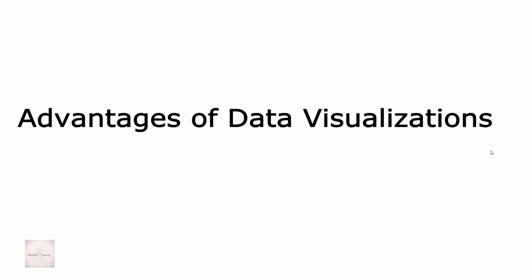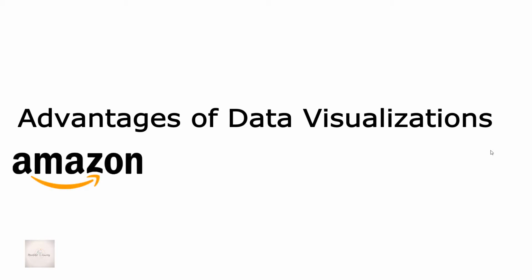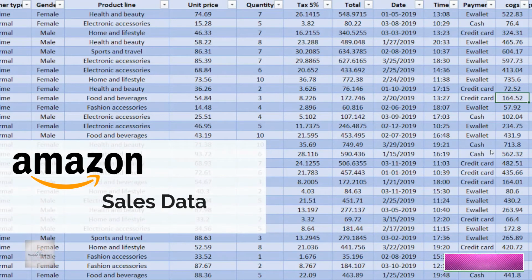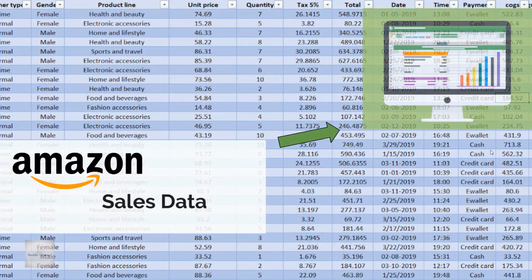Here, let's consider an e-commerce business like Amazon. In such businesses, they come across trillions of rows of data every day. Guys, can you imagine staring at a massive spreadsheet of data and not being able to see a trend? Yes, that is when visualization comes to the rescue.